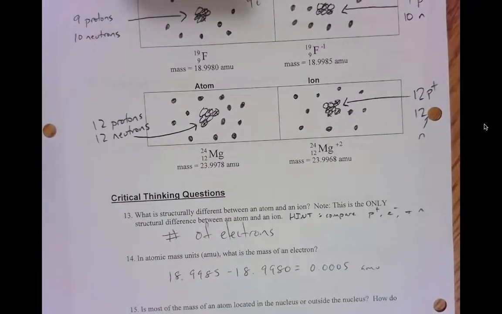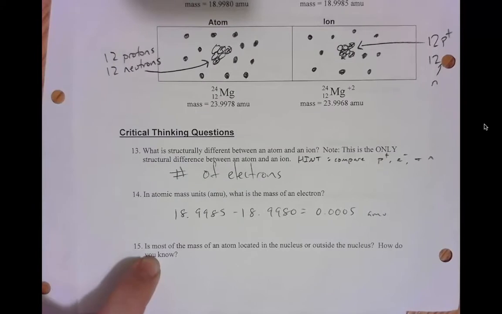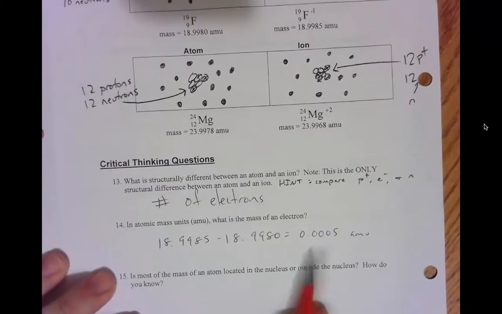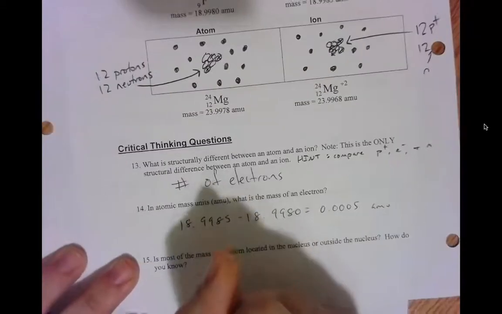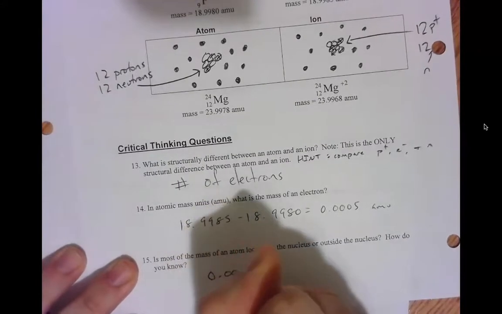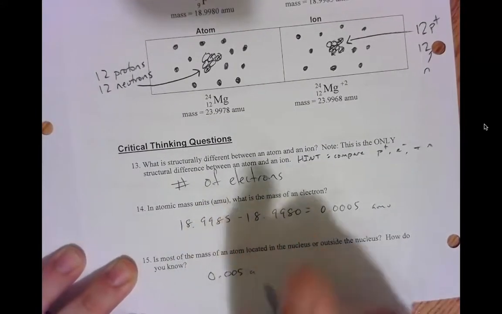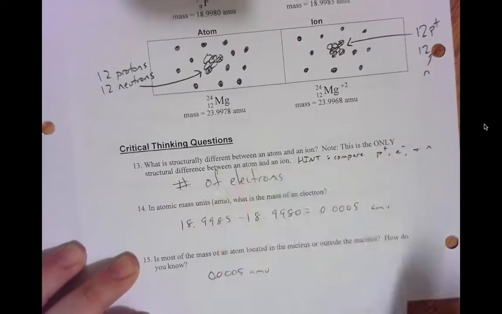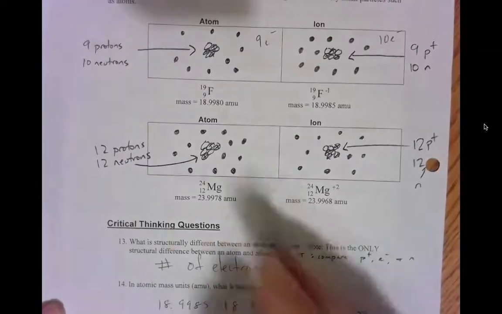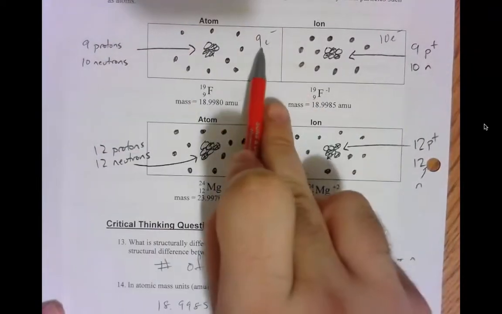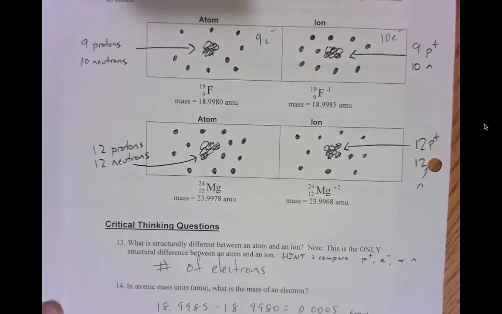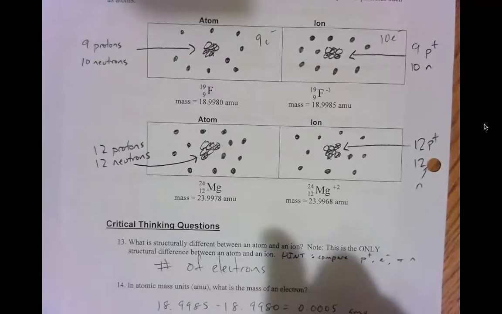So question 15. Question 15 tells us that most of the mass of an atom is located in the nucleus or outside the nucleus? How do we know? So we have to use this mass of the electron to help us. So we know that the mass of 1 electron is 0.0005 AMU. We know in this atom that there are 9 electrons. So to find the mass of all of the electrons, we can multiply by 9. When you multiply that by 9, you find that the mass is